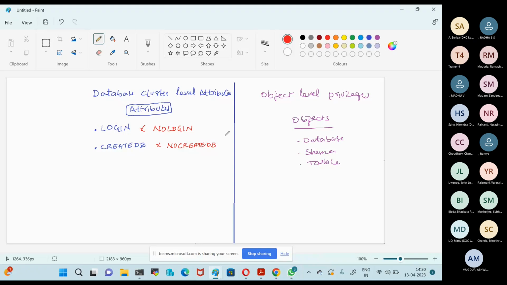And so with the no create DB attribute, the user will not be able to create. So you will either have create DB or you will have no create DB. Okay. So likewise, you have more attributes. So more attributes you have. Okay. So like,